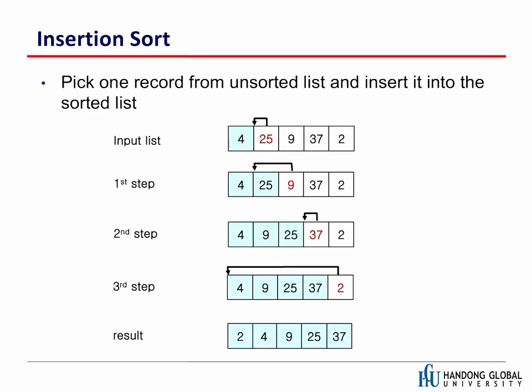Okay, so here is an example. This is an input list, and we start from the second element, 25. We compare this one to this one. Since 25 is larger than 4, it stays there. Okay, that's it. And next,